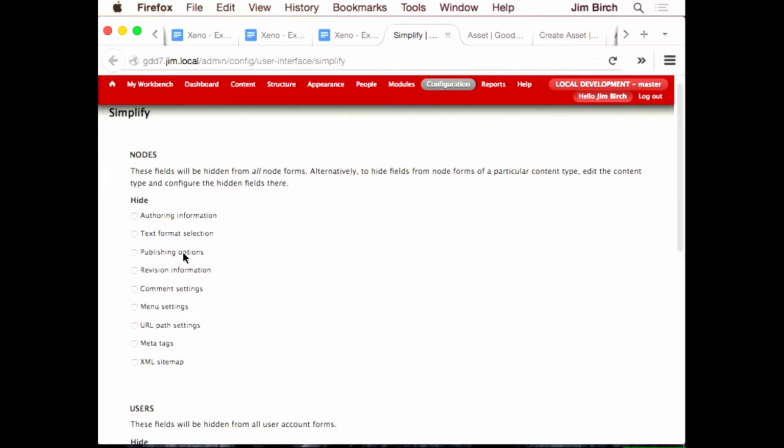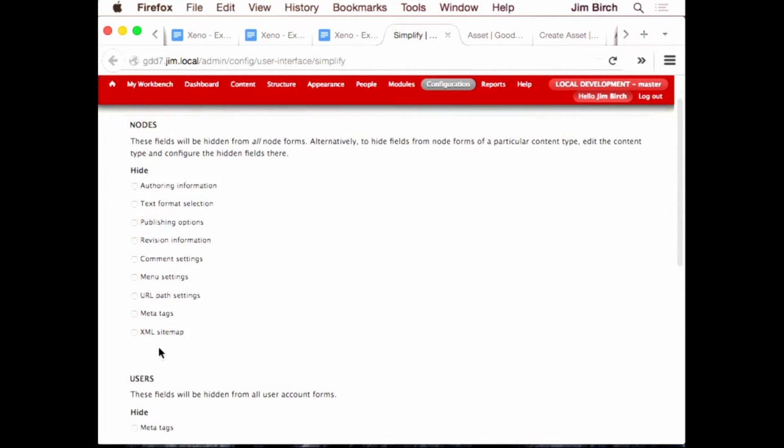So an author can get publishing options hidden from them, and then the editor is the only one that can publish. If I'm not using revisions, you can hide that. Comments, menu settings. I know a blog post is never going to get added to a menu, so I can hide that. If I do need to add it to a menu, I can just use the menu interface. URL path settings, meta tag, XML sitemap. XML sitemap, I'm going to set it. Once I've defined that all blog posts are going to be in the sitemap, it's pretty rare that I'm going to make one that doesn't go in there,